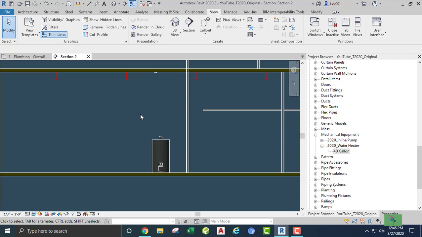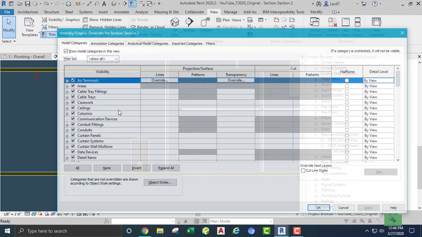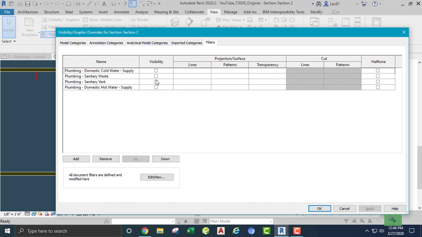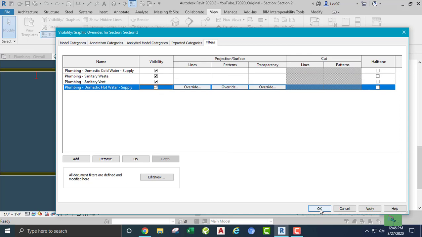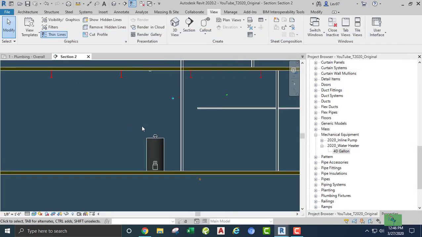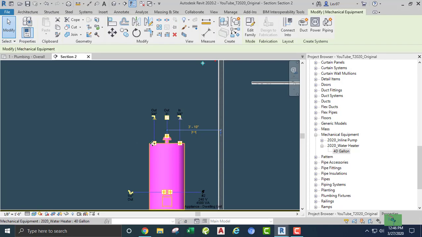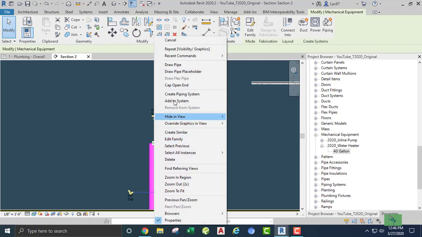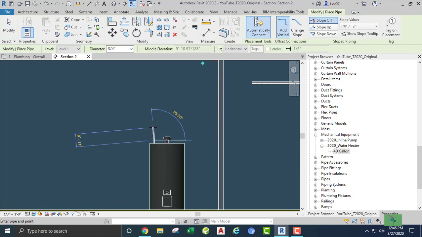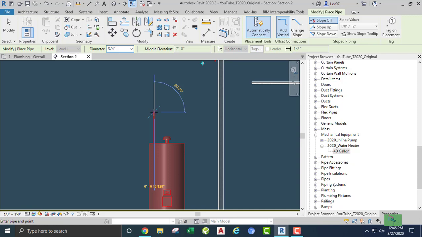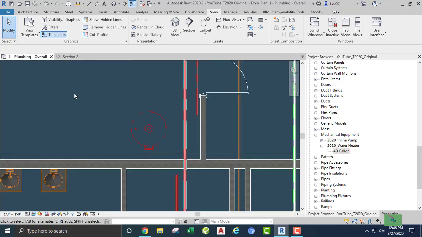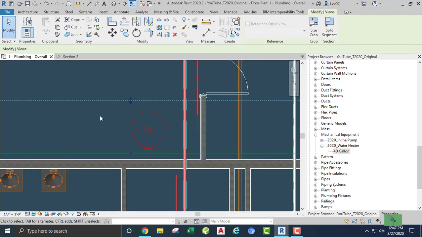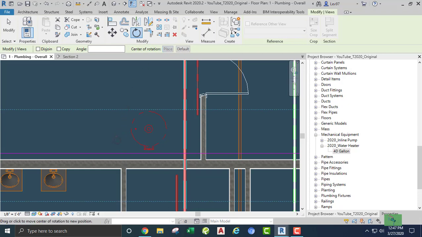Sorry guys. So let's look at these filters. See? Turn all these guys on. Now, see? Okay, now I can draw a pipe, right? And I'm just going to draw it here. I'm going to go back, so now that we know that's there, and rotate